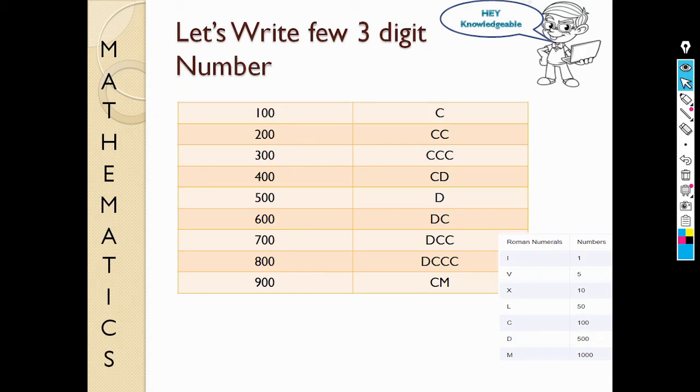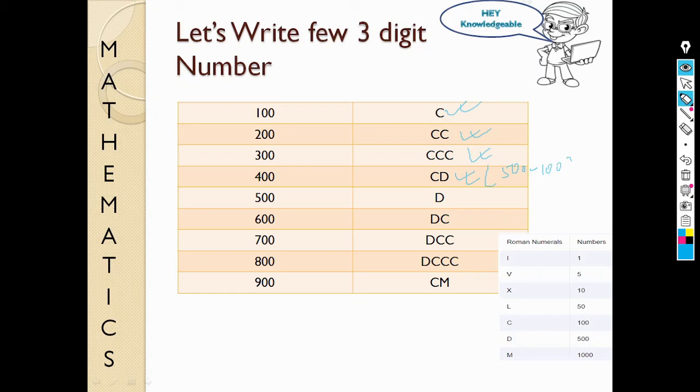So let's come to the 3-digit numbers. It is written similarly to what we have done for 1-digit and 2-digit numbers. So 100 is written as C because we have already got a numeral for that in the Roman number system. And 200 is written as CC, 300 is written as CCC, then 400 is written as CD, that is